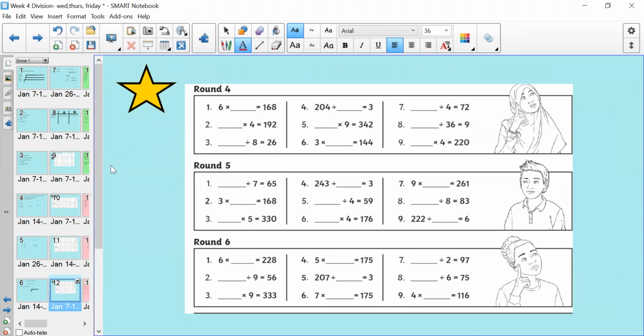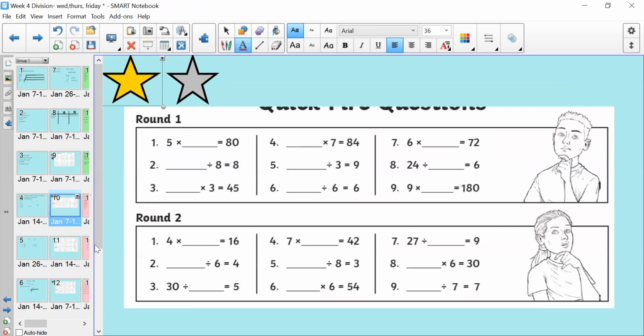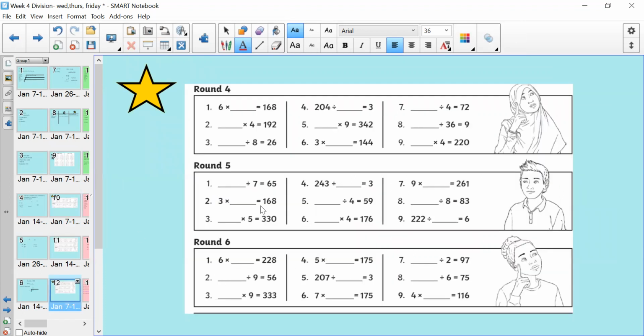So for today on Microsoft Teams, there are 2 quizzes. Quiz 1 is if you're going to be doing the bronze challenge, and you will see it labeled bronze. And then quiz 2 is called silver and gold. So there is a mixture of these questions and a mixture of these questions. So even if you've only chosen the silver challenge, I would like you to try and do some of the